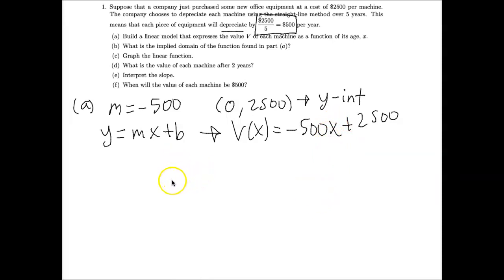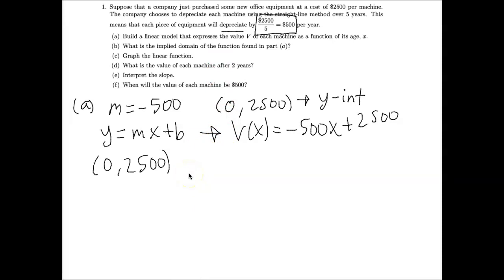The other way is, and I just want to show you this other way because sometimes depending on what's given, we'll adjust how we approach this. So we're not always going to be given the slope. And so what we can do is realize that we are given that y-intercept. So we have 0, 2,500. And the other point that we'll have is just kind of looking at the numbers